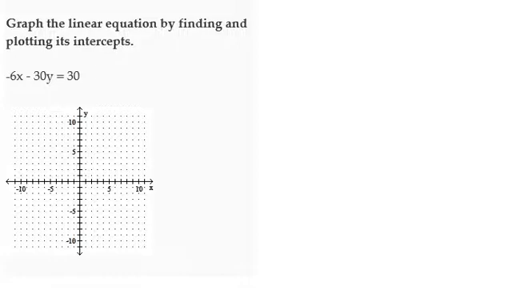Graph the linear equation by finding and plotting its intercepts. Negative 6x minus 30y equals 30. So we're given a linear equation in two variables, and what I found is the easiest way to find the